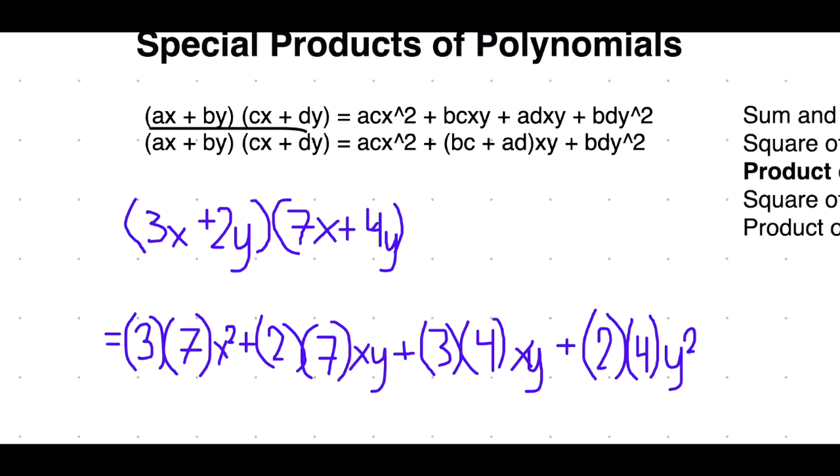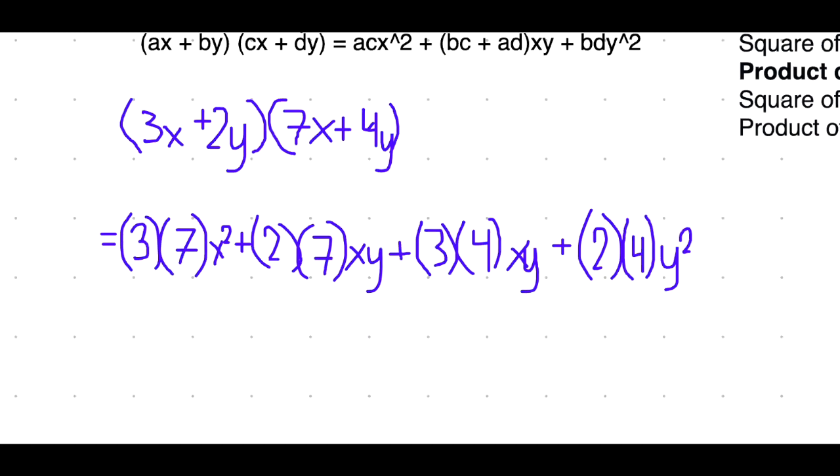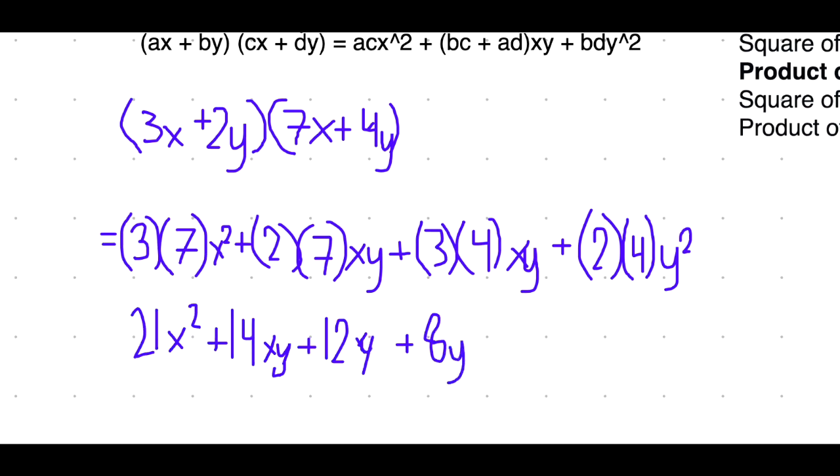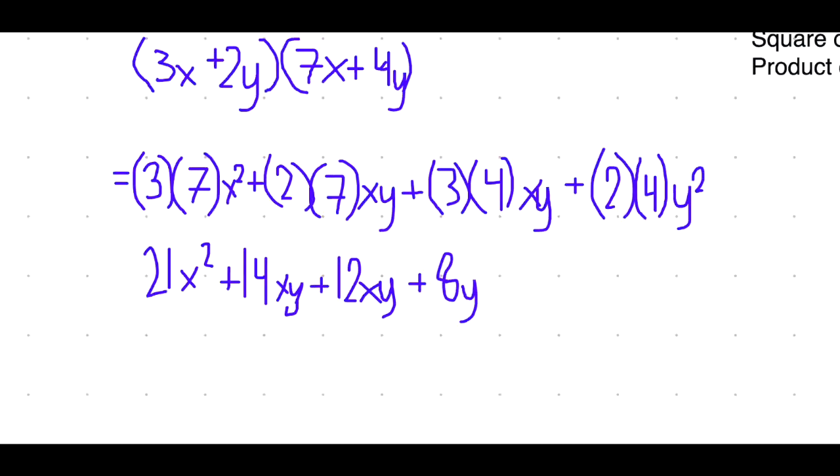And so following that, let's just multiply it out. So it's 21x squared plus 14xy plus 12xy plus 8y squared. Okay, and we can add this 14 and this 12 together, which would then give us 26. Let's write this here for convenience. And so this would be our final answer